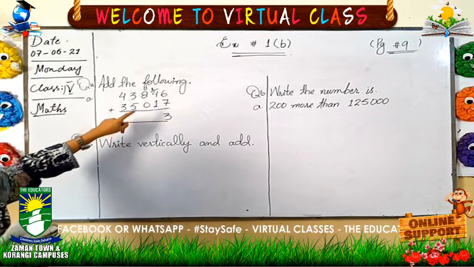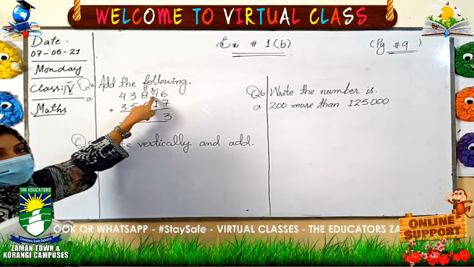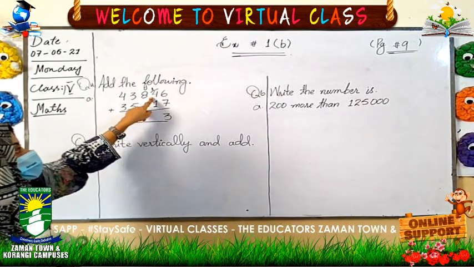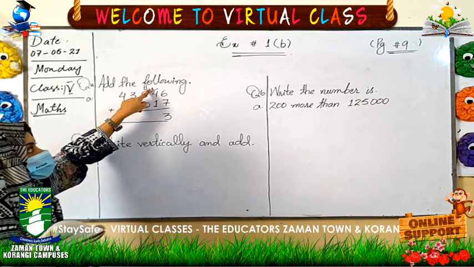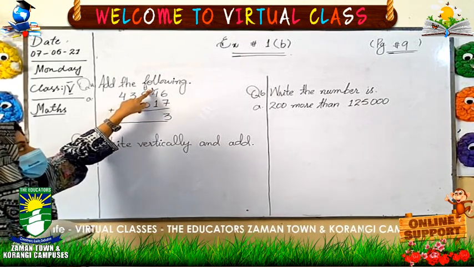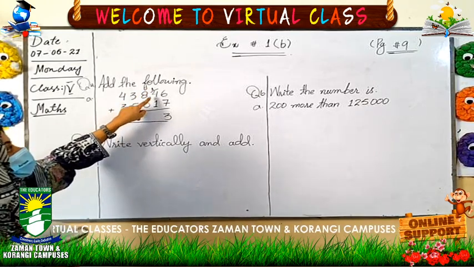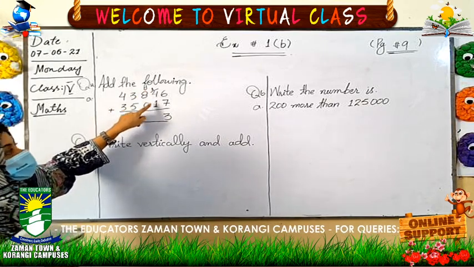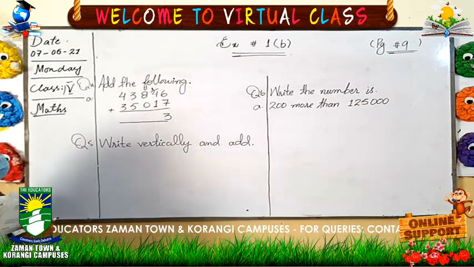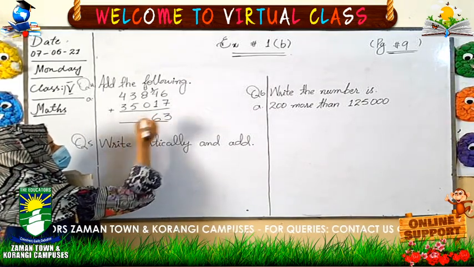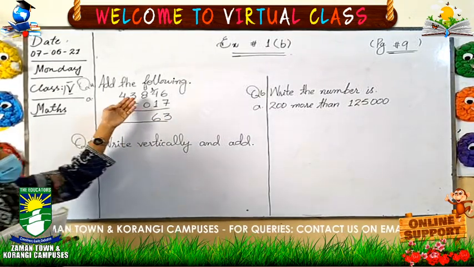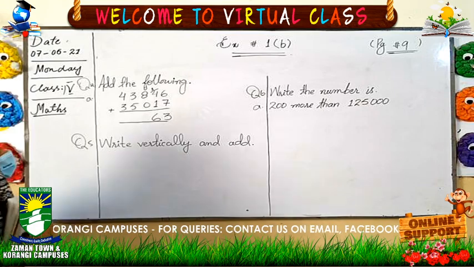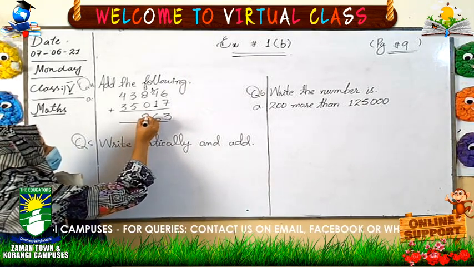Now start adding 1 into 4. When you add 1 into 4, it becomes 5. As we also have 1 here in the form of carry, we will add this 1 too. When we add 4 into 1, it becomes 5, and when we add this 1, it will become 6. So the answer is 6. And when we add 8 into 0, it becomes 8. So I will just write 8 here.